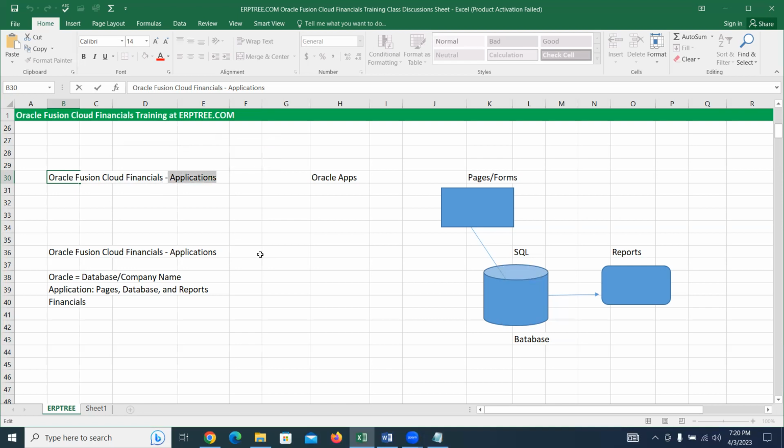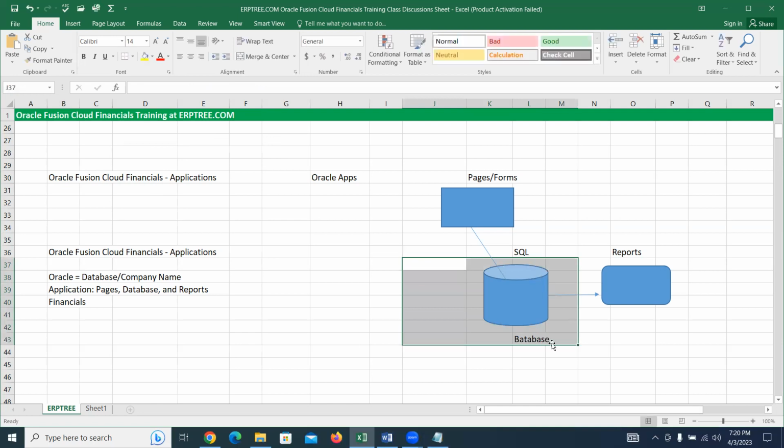You take any application, how does it work? It's very simple. There will be a database. If you know the SQL language, directly you can store anything into the database. You can write SQL statements to store data in the database, or retrieve data from the database. Those days are gone.